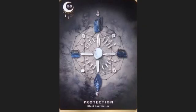We see it here in what appears to be a very simple grid. It is not. It is everything but simple. I've got a tetragrammaton back here, the geometric figure. So basically, seed of life, fruit of life. Yes, very much so. And we see at the center of this grid